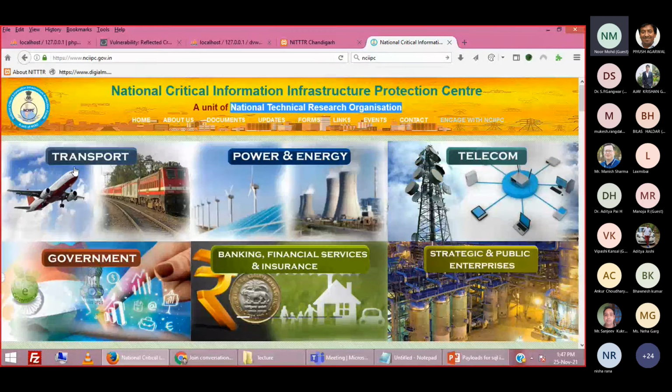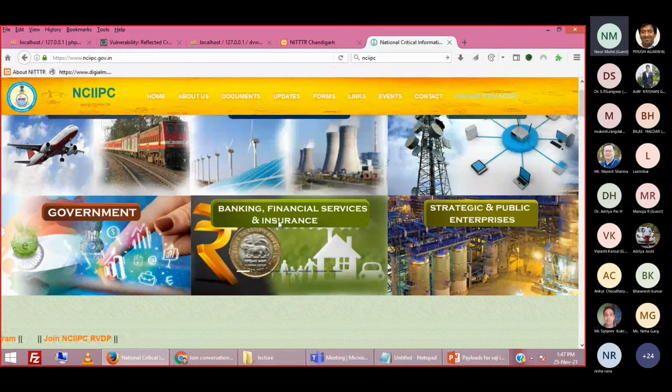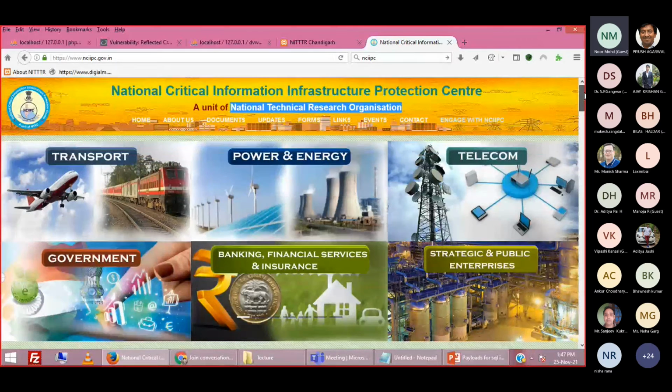So these are some critical infrastructure: the transport sector, your flight aviation, your internet ticket booking, railway websites, power, energy, the power grid, right? If someone hacks the power grid, all your power will be gone for the entire city. If someone hacks your power plant's IT system, it can make your city dark, right? Telecom sector, government sector, banking sector, your internet banking, your PSUs, all these infrastructures are called critical infrastructures, and their IT infrastructure is called critical information infrastructure.